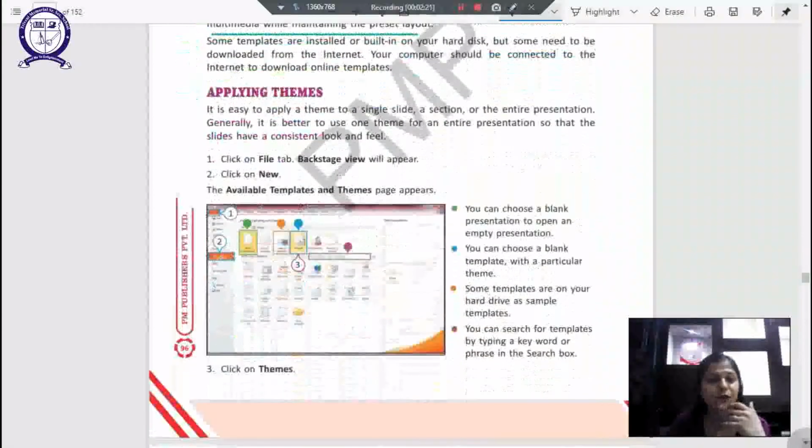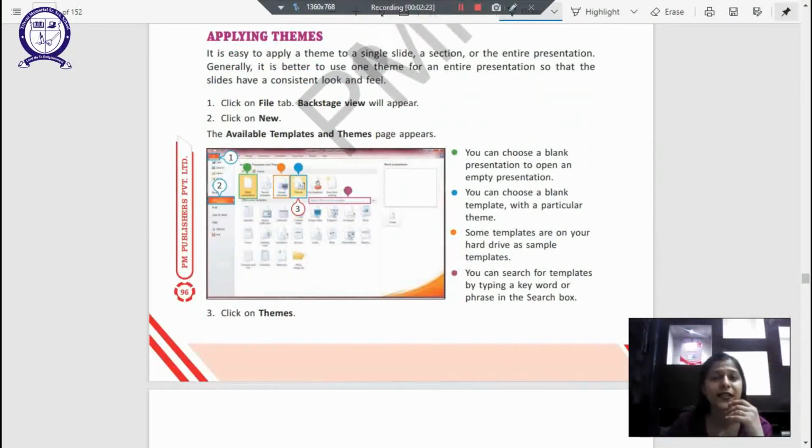Now we see how we apply themes. It's easy to apply a theme to a single slide, a section or the entire presentation. Generally it is better to use one theme for an entire presentation so that the slides have a consistent look and feel. Now this is very important, that you put a theme on each and every slide of yours for an entire presentation.